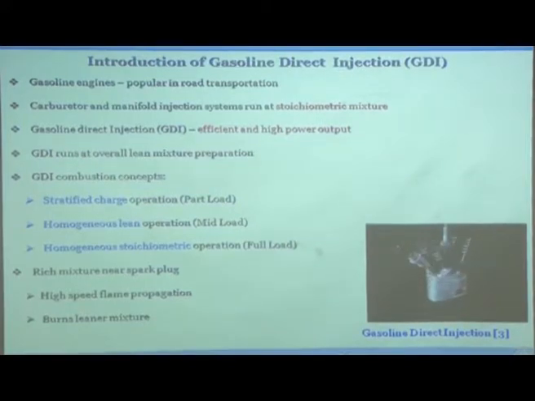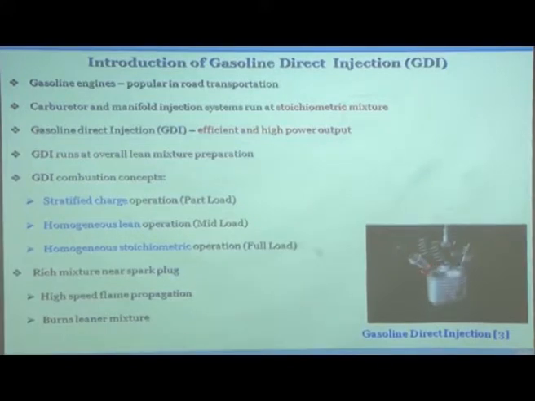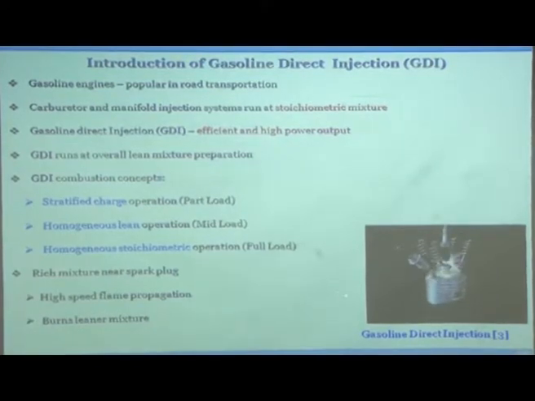Now, this injector is a different injector, it injects fuel in a hollow cone. It is a single hole, it can be multiple holes also, but it is a hollow cone injector. So, that means the fuel that is injected now, because of this air, will get concentrated very close to the spark plug. Okay. And then you see the remaining areas will be devoid of fuel. Okay. So, this is how you create stratification in the combustion chamber.